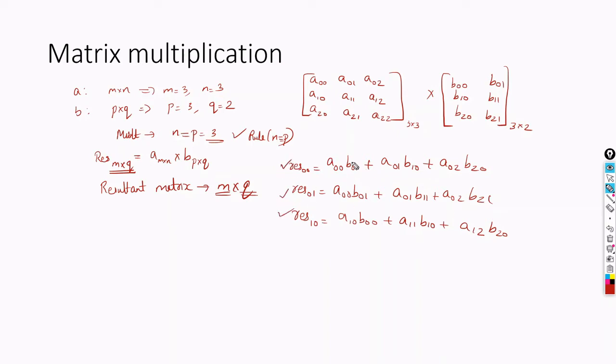So from this you can understand one thing. In each of these cases, let's take the loop variables as i and j. Here the first value will be i and the second variable will be j. So in all these three cases, this is 1 and 0, 1, 0, 1, 0. Same here also, when i is 0 and j is 1: 0, 1, 0, 1, 0, 1.